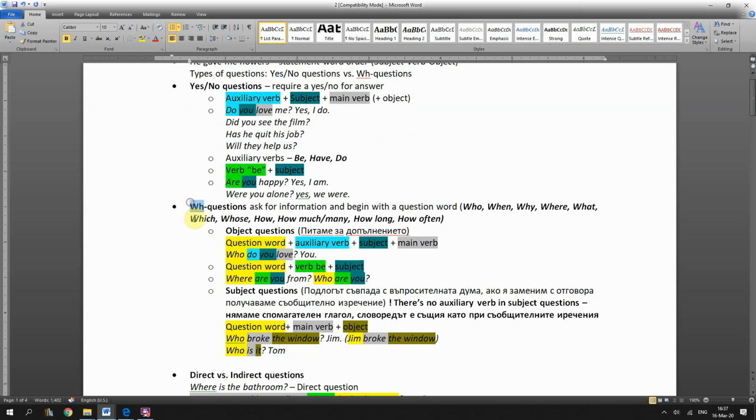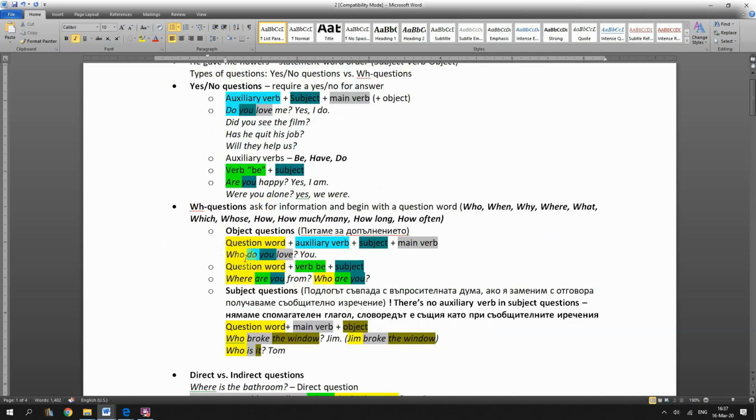WH questions are called like that because they start with a question word or a question phrase. Usually, they begin with WH. Well, apart from how. So this is why we call them WH questions. WH questions cannot have yes or no for an answer. You need information. But it's really easy to make such a question because you follow these structures and you just put the question word in front of